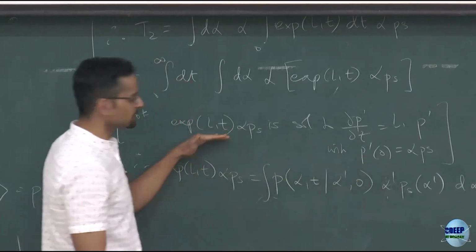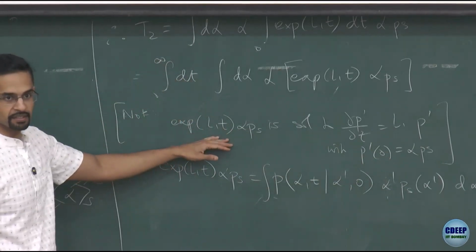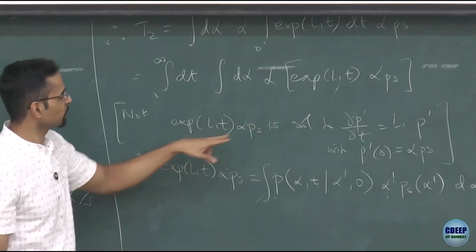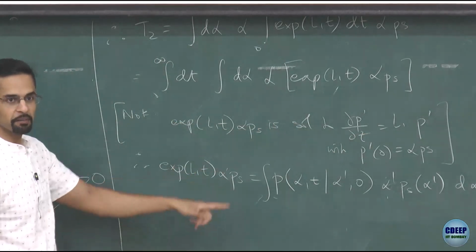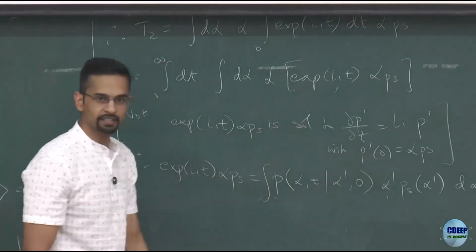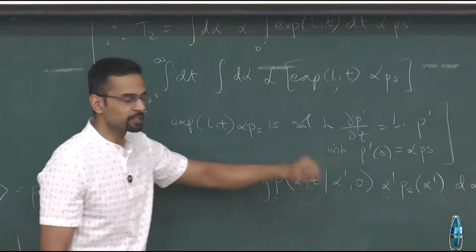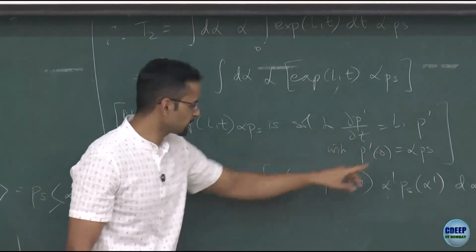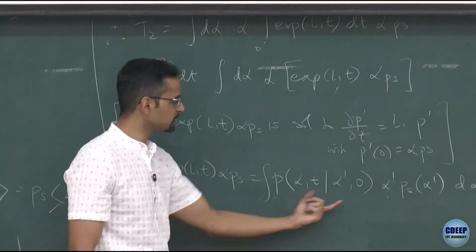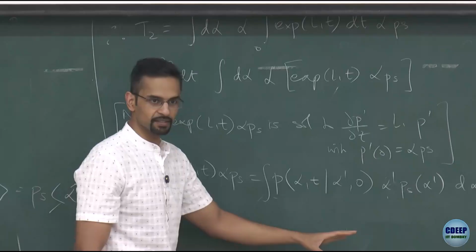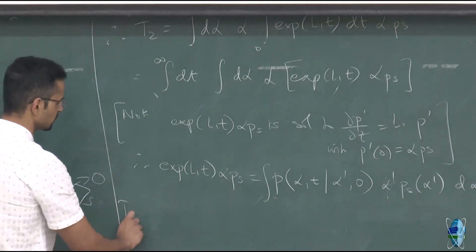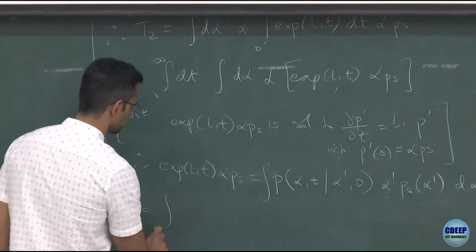The solution to this problem is just this, because p prime is formally the exponential of L1t multiplied by the initial condition. So this is the solution with this initial condition. But I can also construct the solution using the Green's function of this equation, where the Green's function, or the solution to the Dirac delta problem, is the conditional distribution. Okay? So now I have replaced it this way, and therefore this final integral T2 has this very nice form.